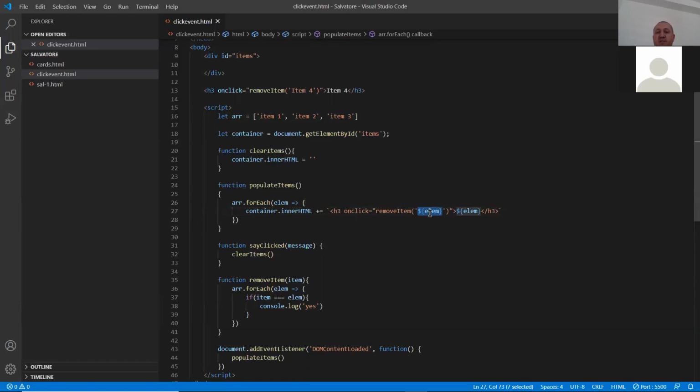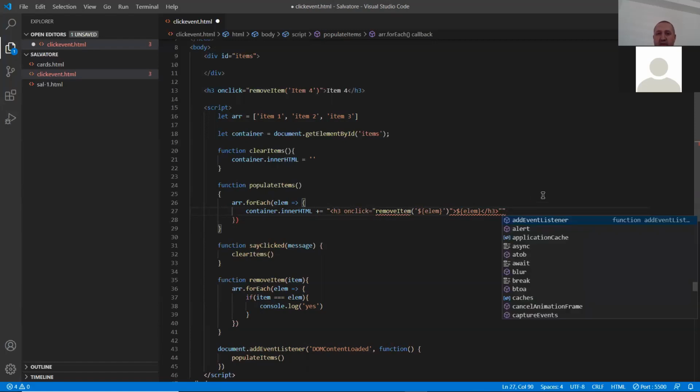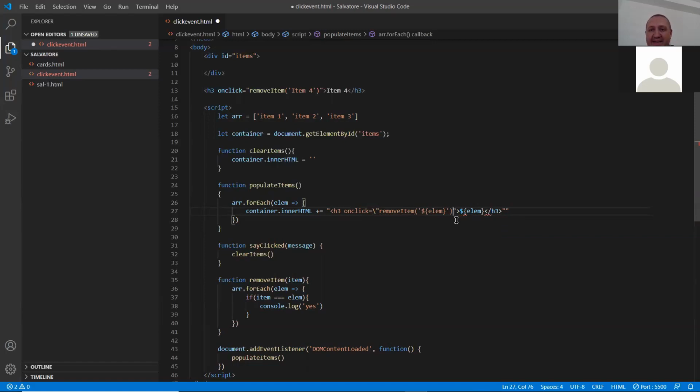Now these ones here, this is the same as doing plus, okay. But these ones, I like this much better. This is what I do. So let's do it like this though. But you see how much cleaner that syntax is. Right. Okay. And then